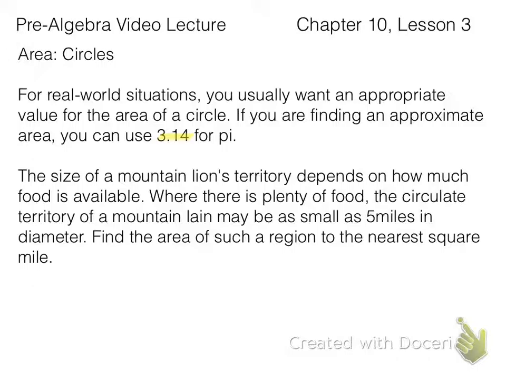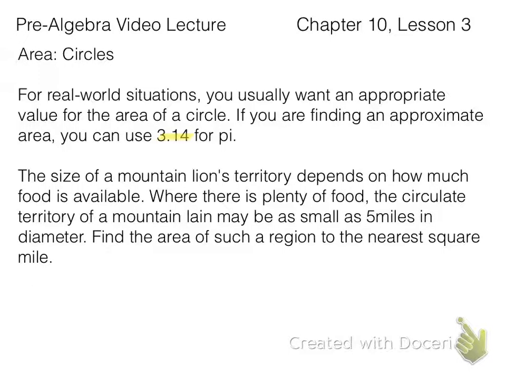So, for real-world situations, you usually want an approximate value for the area of a circle. If you're finding an approximate area, you use 3.14 for pi. So the size of a mountain lion's territory depends on how much food is available. Where there's plenty of food, the